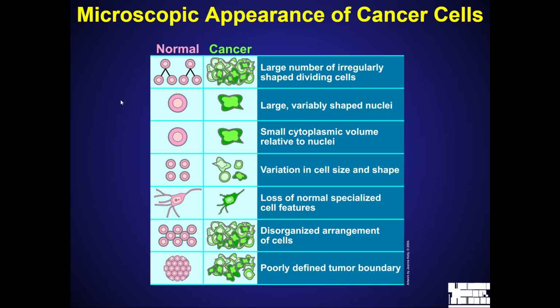And for cancer cells, it's going to be the opposite. There are going to be many dividing cells, so it'll be like a clump, and that's why tumors grow so much. Then they'll be weirdly shaped, with weird nuclei, potentially even more than one nucleus. Their sizes will be all over the place. They won't have special features because they're not performing any useful functions, and they'll just be disorganized and all over. Think of it as a mess. Someone who is unemployed and parties all night. They're a mess, you know.